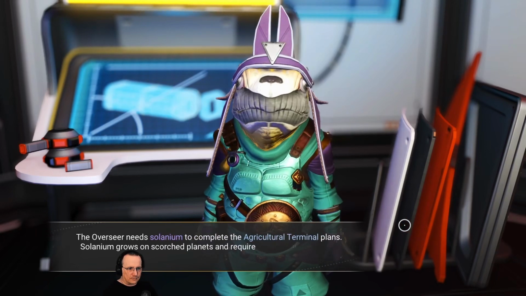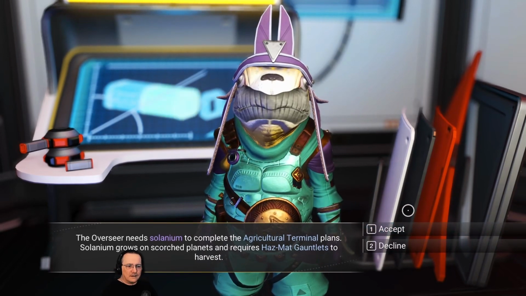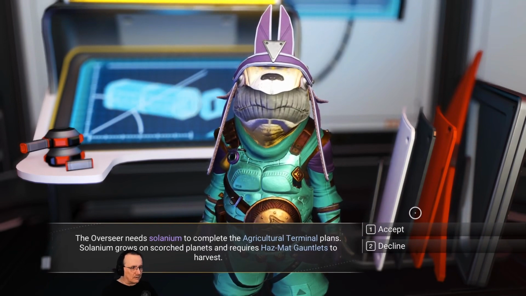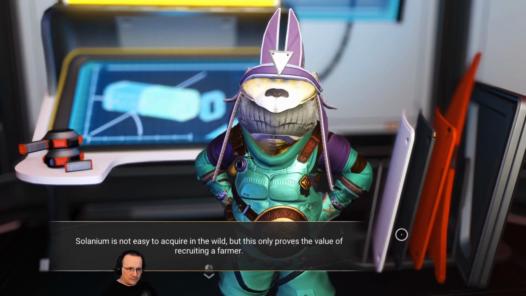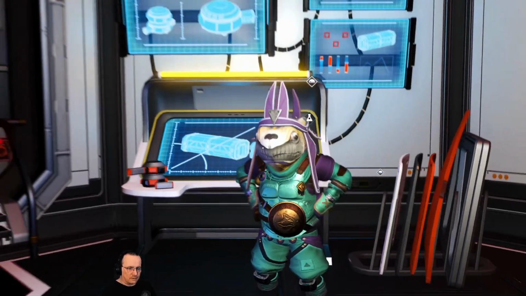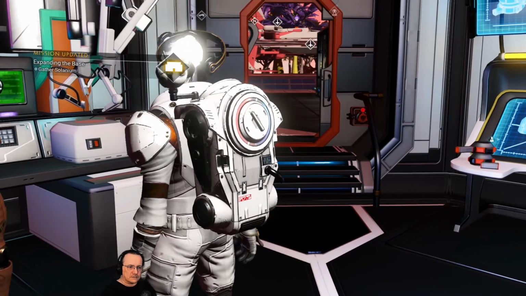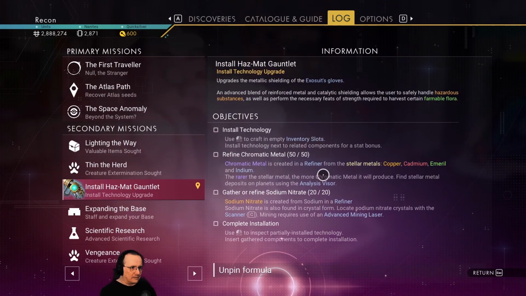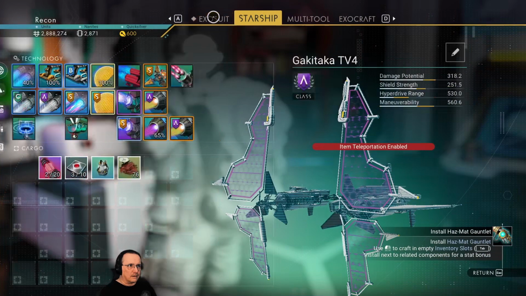Okay. Overseer needs selenium to complete the agricultural terminal plans. Selenium grows on scorched planets and requires hazmat gauntlets to harvest. Well, you know what? I can make one of those. Selenium is not easy to acquire in the wild. It only proves the value of recruiting a farmer. Great. So I've got a mission to install a hazmat gauntlet. It requires chromatic metal, sodium nitrate, and yeah. Although I think